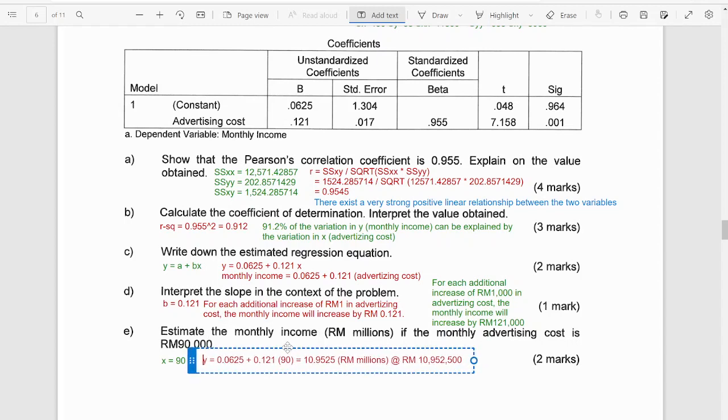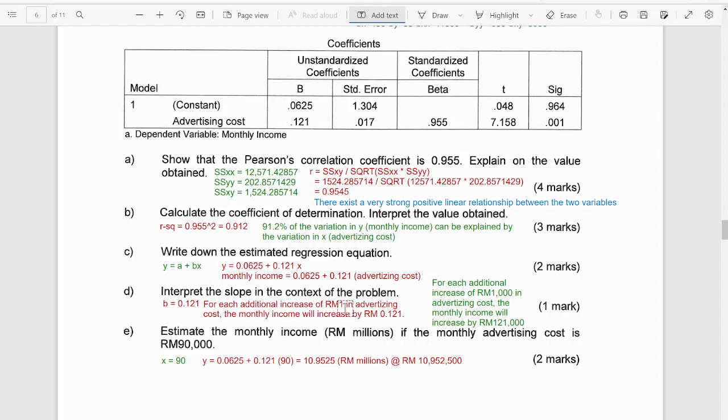Okay, any questions so far? Yeah, betul. So as long as you put it in the context of the problem. Bila kata dalam context of the problem ni, maknanya you have to put it in the form of, kalau katakan increase ni, so this is 0.121, so it is assumed that you already know that this is in million. Okay, so this is in million. Kalau katakan nak lebih jelas sekali, RM1 ni, okay,